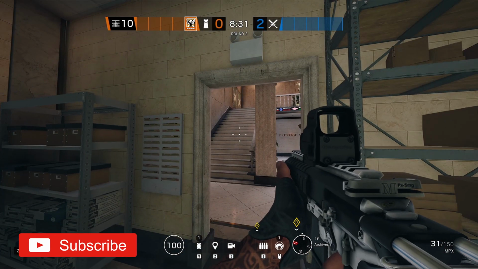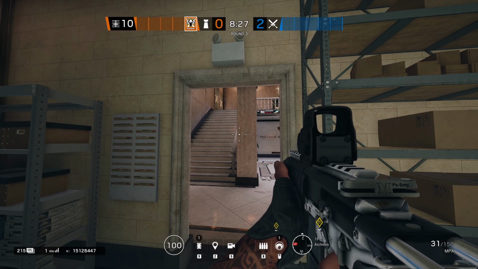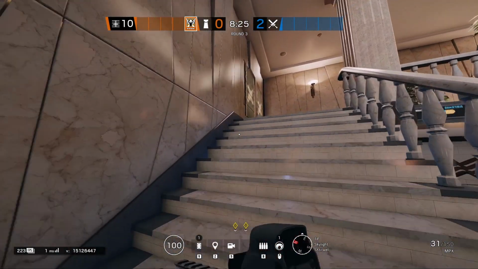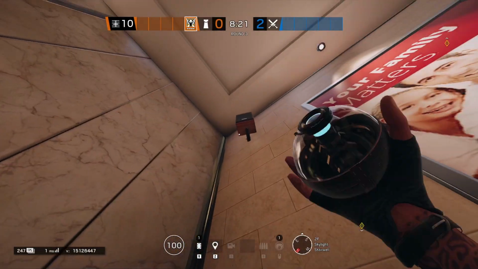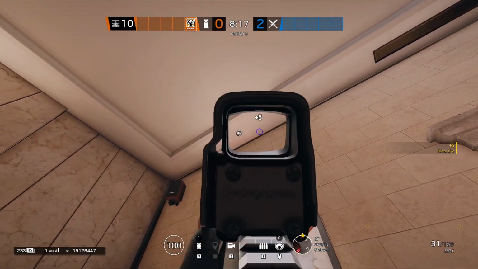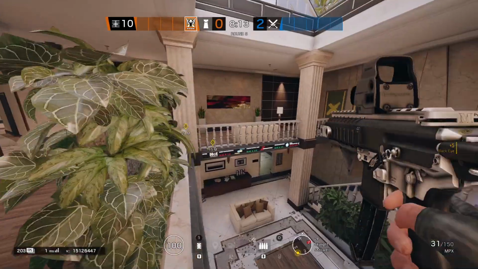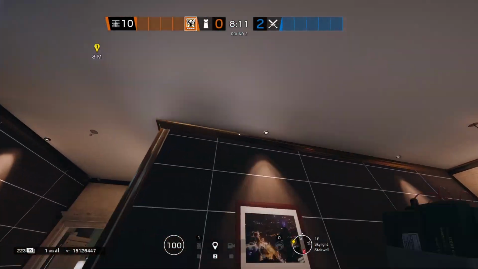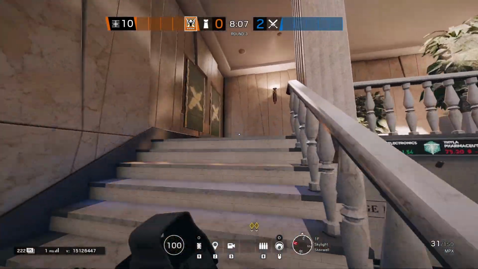Alright, so another place I'd put the camera, just depends on your play style and how aggressive you're trying to be. What I'll do is I'll put a camera up here, or right there, either or. Like, those speakers work great for cameras. I'll put my C4 right here, and what I'll do